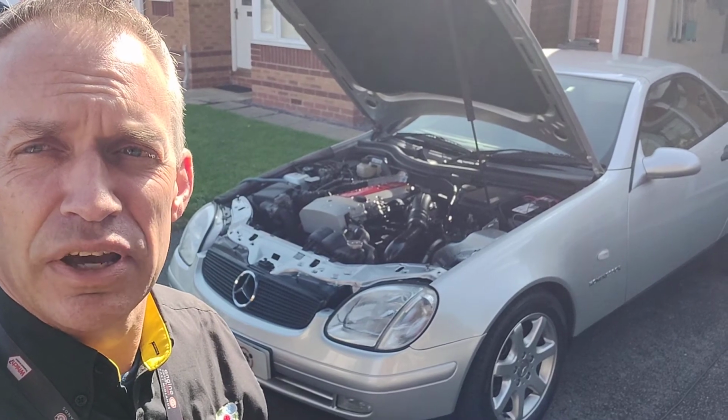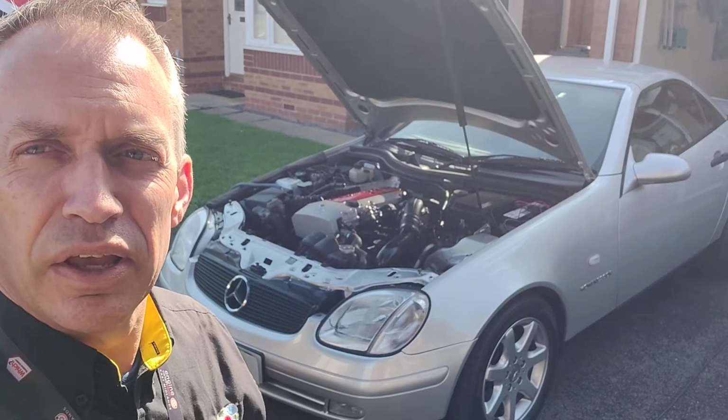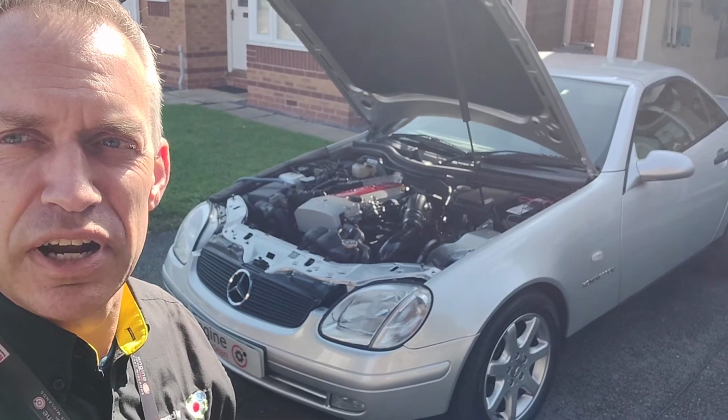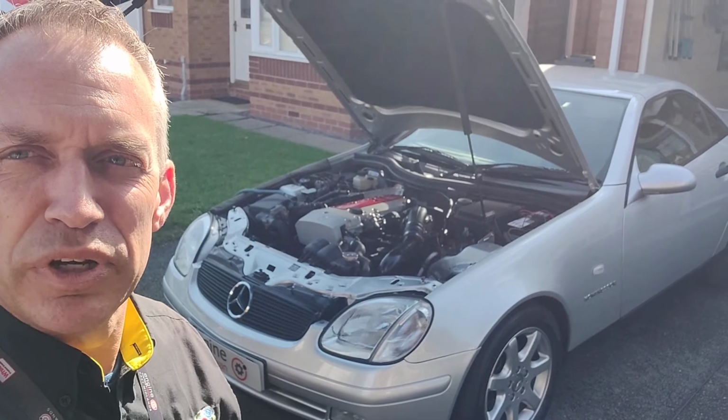Otherwise, it's running really nicely, this one. Minimal variation on the injector fueling. Everything looks sweet, really nicely looked after, nicely maintained. This is very much about getting it checked over, getting it cleaned up. There's a few historic codes in there. We've sent those through to the owner, but now it's running